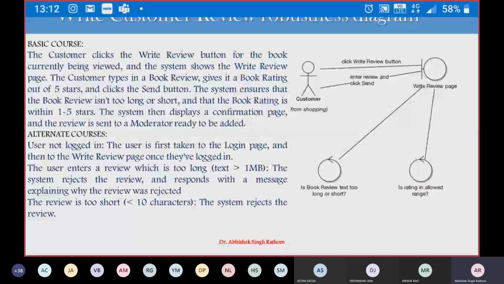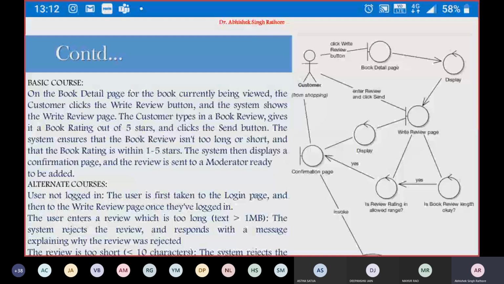First, the customer clicks the write review button, so we need a book detail page that is generated from our previous robustness diagram. We'll include this functionality again here.